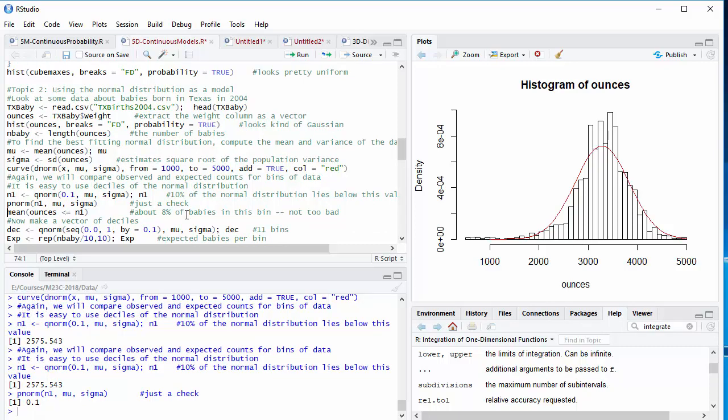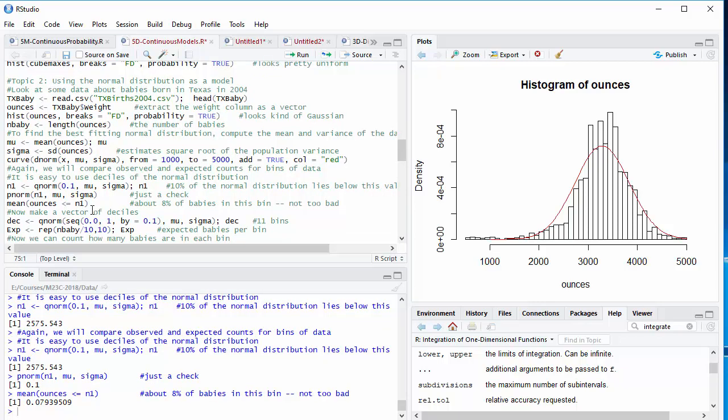What about the babies? Well, we set up something that's true, i.e. 1, if the number of ounces of baby weight is less than n1. Take the mean of that, and we get about 0.08. Not too bad. Let's try it with a whole vector. All I have to do is call qnorm with the first argument that goes from 0 to 1 in increments of 0.1,